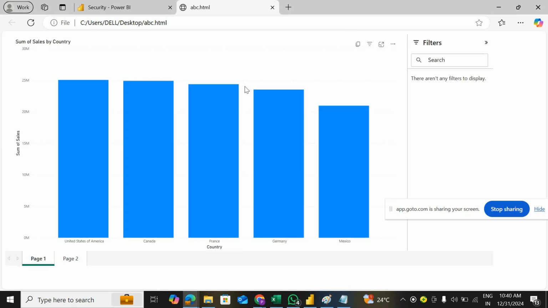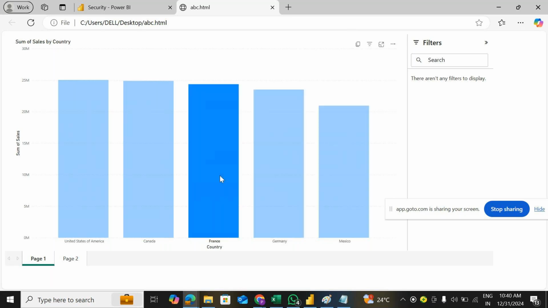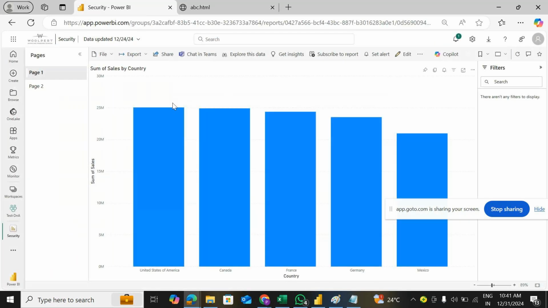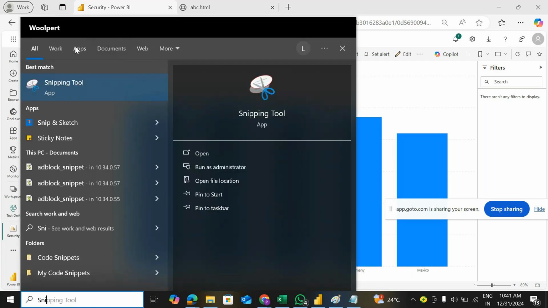If you observe this one, you are able to see your report, and you are able to interact with the report. But the remaining everything, whatever you have here, that is not coming from Power BI, which is nothing but you are unable to see all these options which are available there. Only this specific part